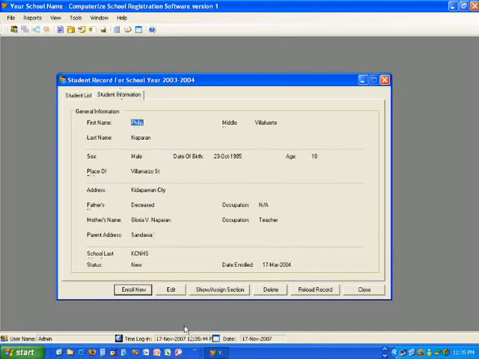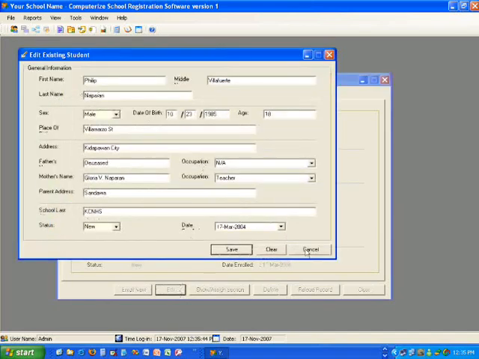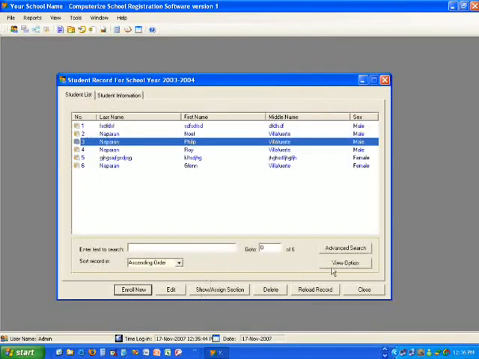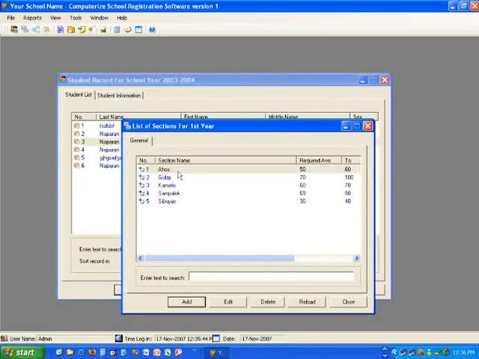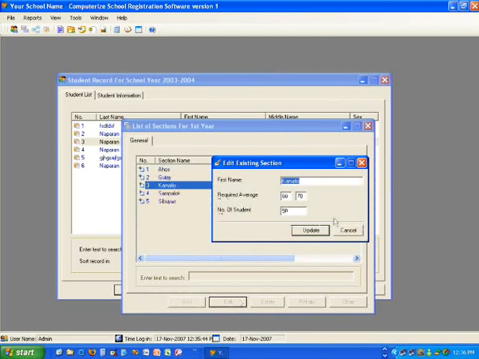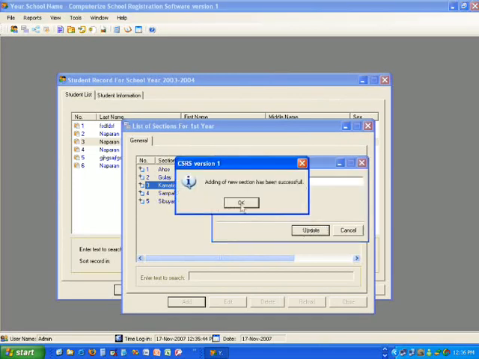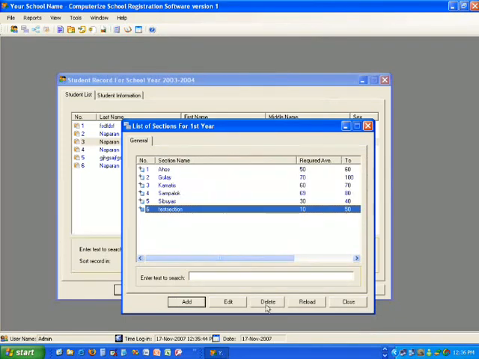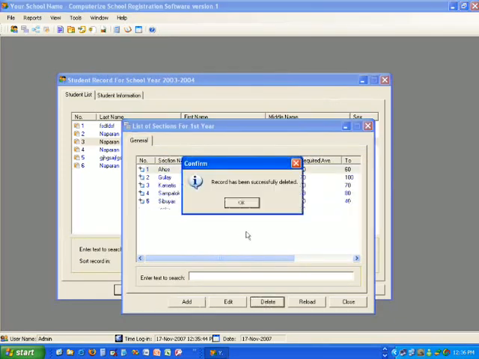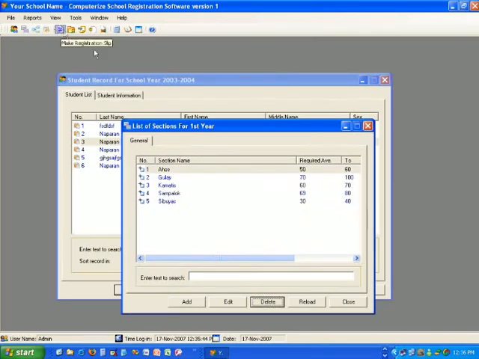Student information, we can edit it. We have options here. We can see sections. There we go. We have sections. We can edit sections, add new sections. Update. There we go. We have a new test section. We can delete it. We have these